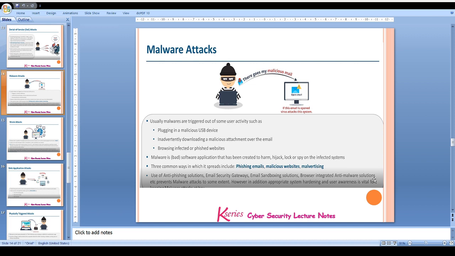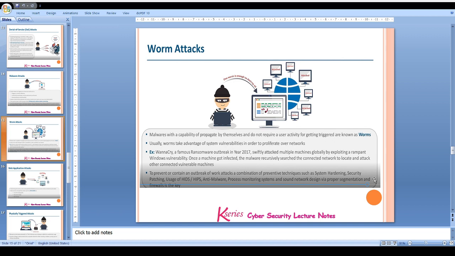To prevent malware attacks, we need anti-phishing solutions. Email sandboxing can be the solution. Browsers integrated with anti-malware solutions can help us keep such attacks at bay.